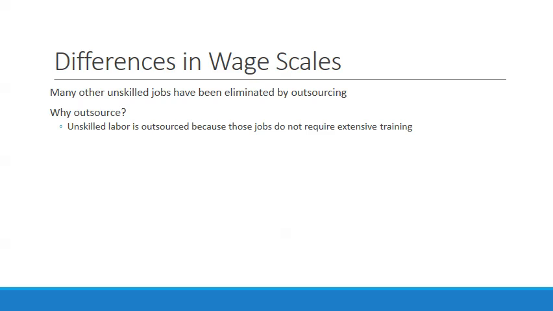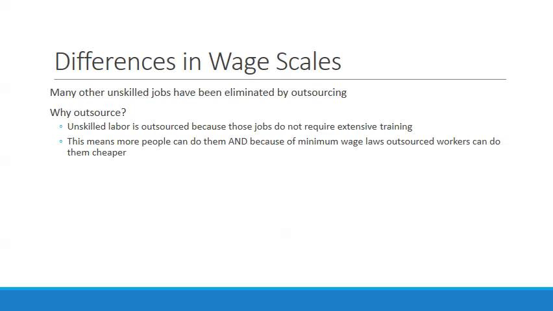But the job that they're doing is such a simple procedure that it requires very, very little training. And that's kind of the key: if you're in a job in which you almost need no training at all, then there are machines or there are people who can do it cheaper than you can. And so this means more people can do them. And because of minimum wage laws, outsourced workers can do them cheaper. And that's the key point here: when you look at the company's total revenue versus total cost, companies operating in the United States that manufacture have a higher total cost than companies that do so outside of the